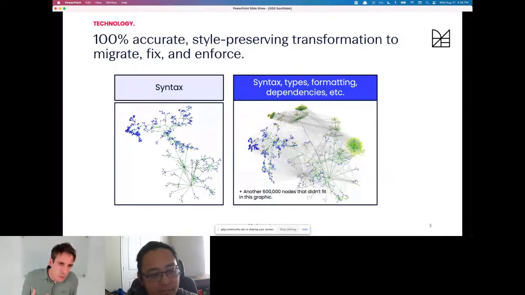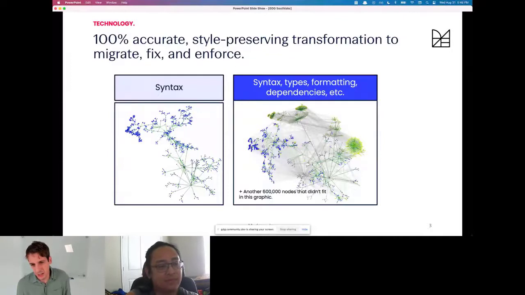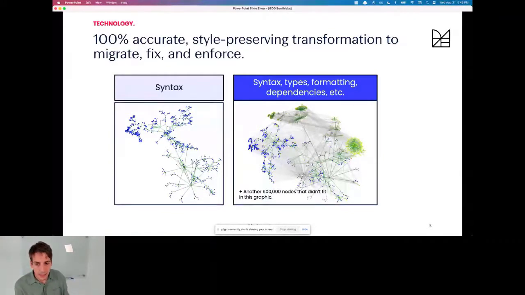So if you have to make 100% accurate changes, it means that the core refactoring engine has to be very smart. We're going to be doing abstract syntax tree manipulation, but the syntax, such as you see on the left, this tree of syntax, isn't enough, because if I see a method called, say, add, I don't know whether that add method came from Java util List or if it came from some other type entirely. So if I'm going to accurately make changes, I need to be sure that the syntax node that I see of a method called add corresponds to a type that I'm actually looking for.